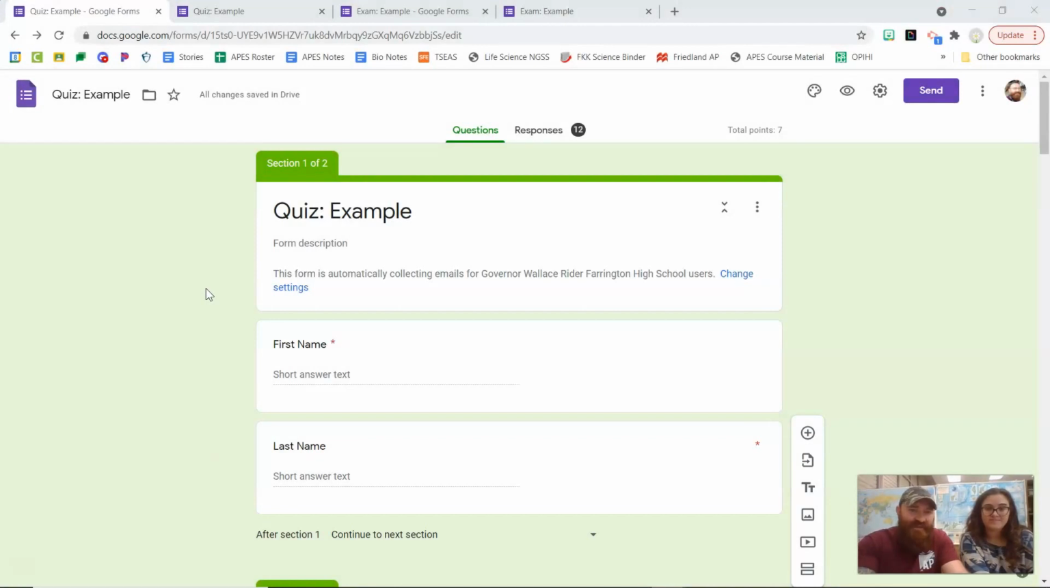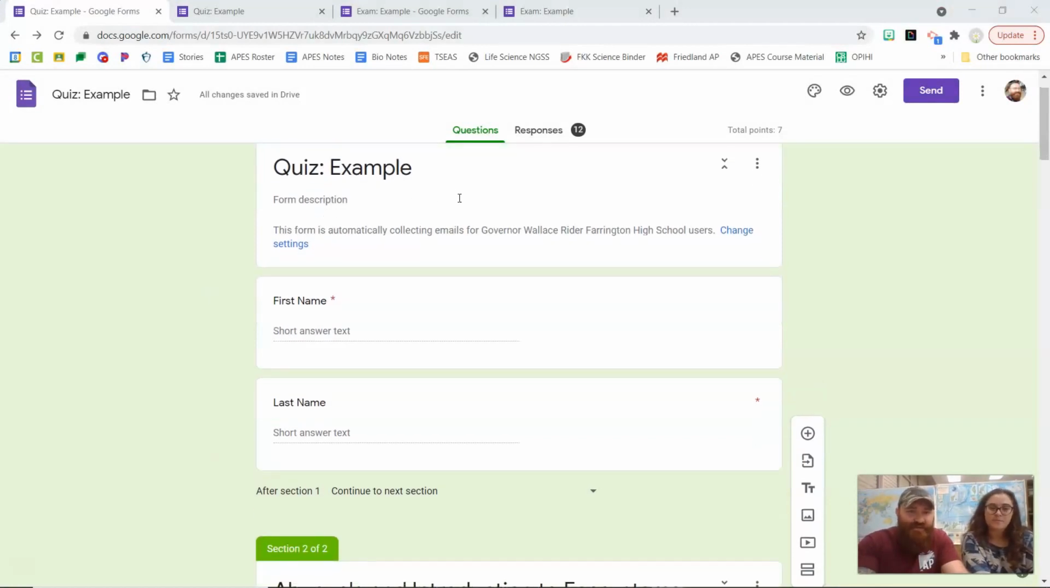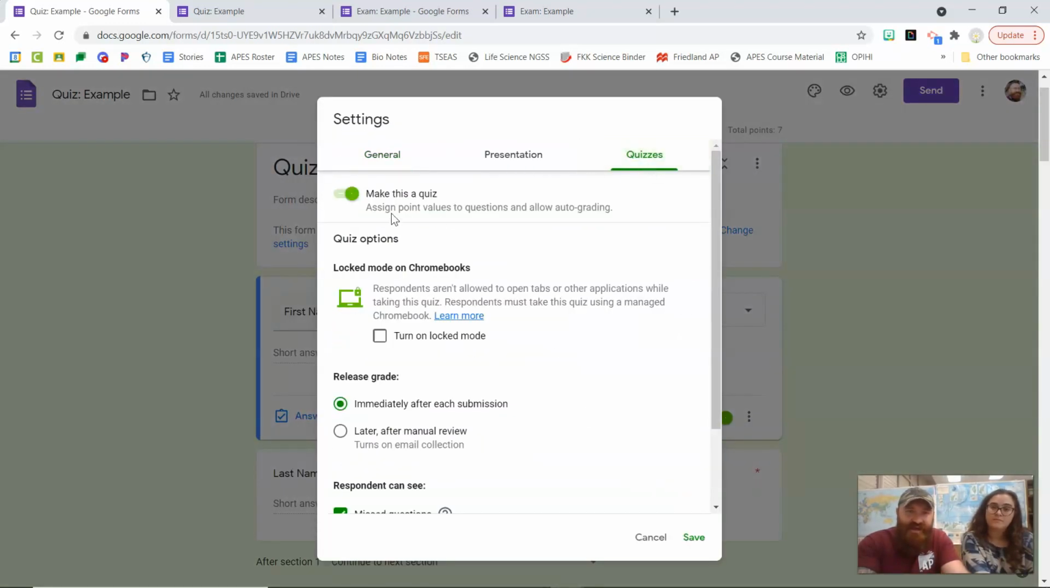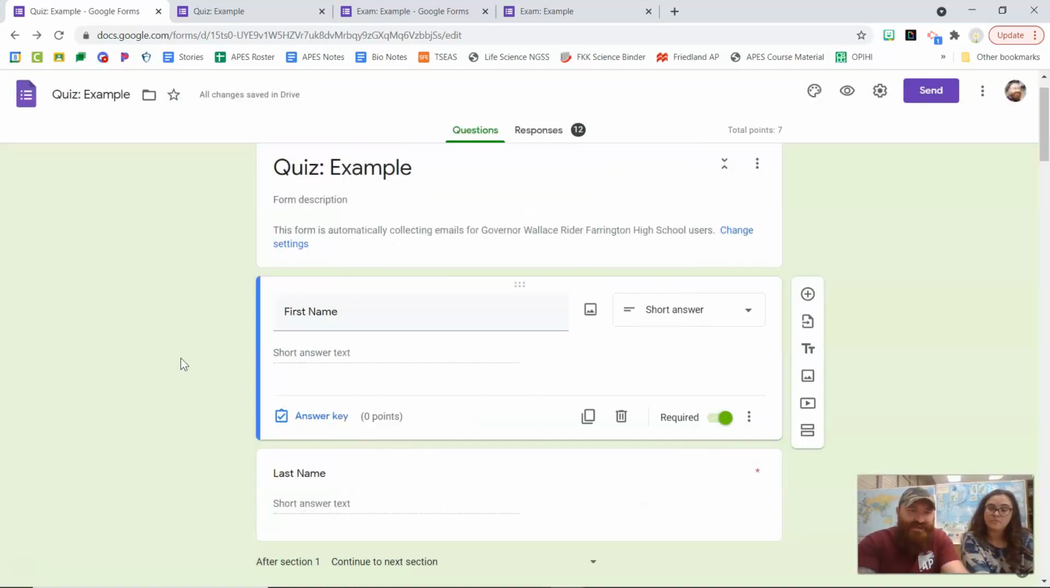They're Google Forms, and you create them. You can make certain questions required by clicking this button here, such as first name, and this is obviously a short answer. When you make this into a quiz in settings, you can make it so that they immediately get their answers or later, but also it'll assign each question a point value. Make sure you assign 0 points for the first name, because I've done that wrong in the past, and they